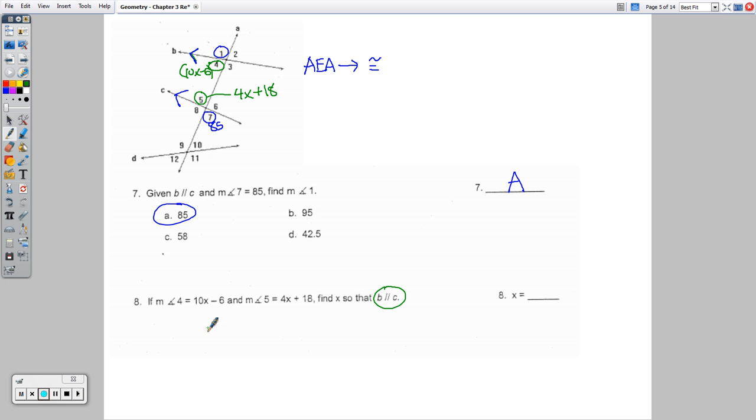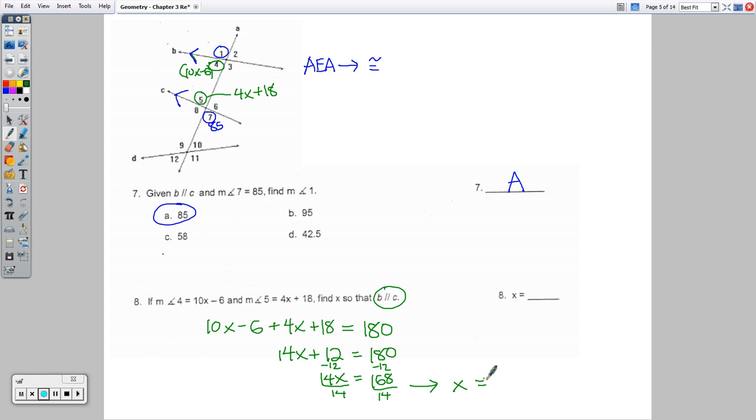So it looks like we have an equation to solve that looks like this. 10x minus 6 plus 4x plus 18 equals 14. Well, that would equal 14x, but I should have it equal to 180. They're supplementary. So this is 14x. I was combining like terms in my next step already. I shouldn't have done that quite yet. And then subtract 12 from both sides. You get this. Divide by 14, so there's a minus 12 there. Divide by 14 here. And it looks like we should have our answer there, that x would have to equal